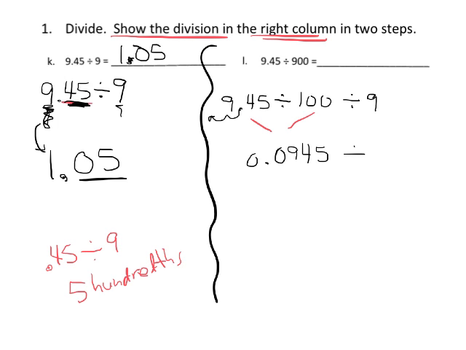0.0945 divided by 9. And we're going to think of this number as tenths, hundredths, thousandths, 10,000ths. So we have 945 10,000ths. And we can either divide all of that as one big number, or we can kind of break it up in that tenths: 0 tenths divided by 9 is still 0. 9 hundredths divided by 9 into 9 separate groups gives us a 1. And then right here, 45 10,000ths gives us 5 10,000ths. And so our answer is,